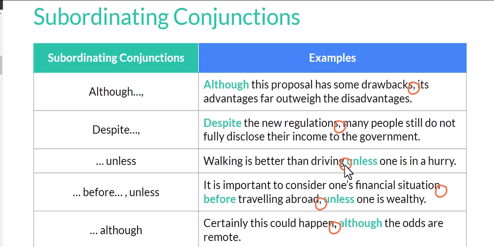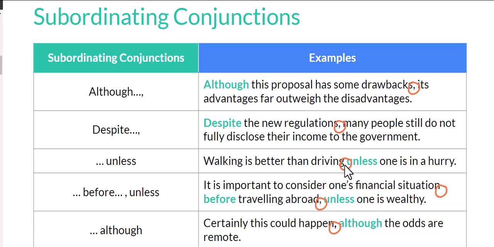Also, we have despite. Despite the new regulation, many people still don't fully disclose their income to the government. Despite the new regulation, many people still don't fully disclose their income to the government. Let's move to our next example. Here we have walking is better than driving unless one is in a hurry. Okay,